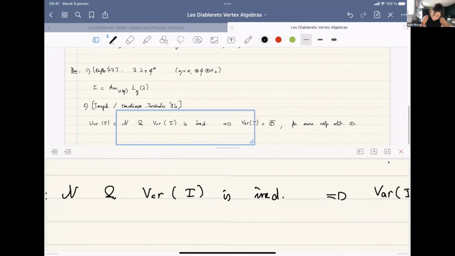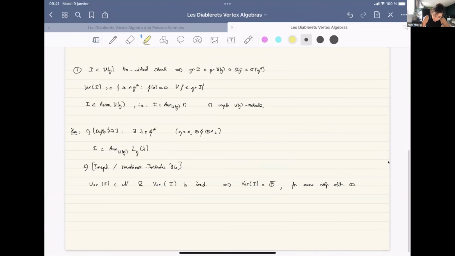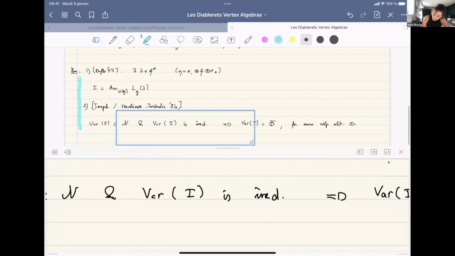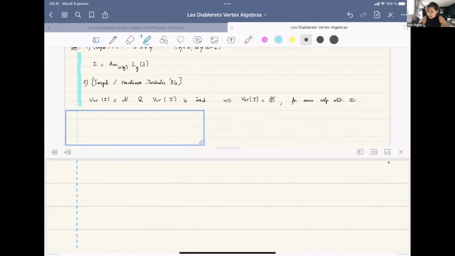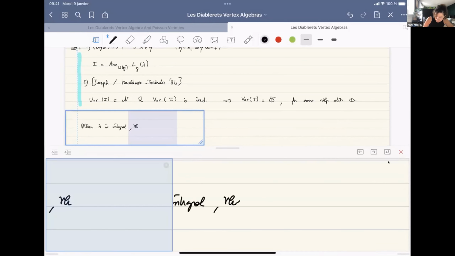All right, so now it's natural to wonder, combining these two results, what is the connection between such a lambda and the nilpotent orbit O. And when O is a special nilpotent orbit, we have a precise connection. So maybe I give this definition for special: when lambda is integral, then O is such